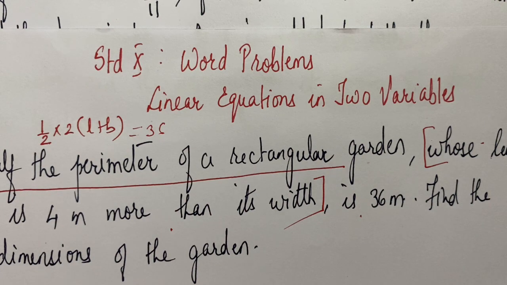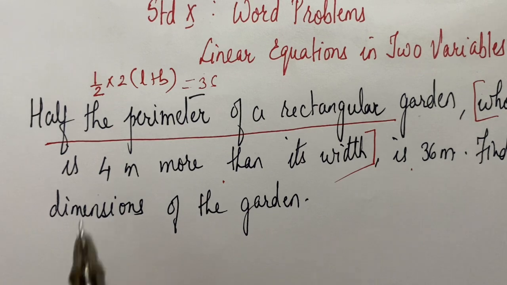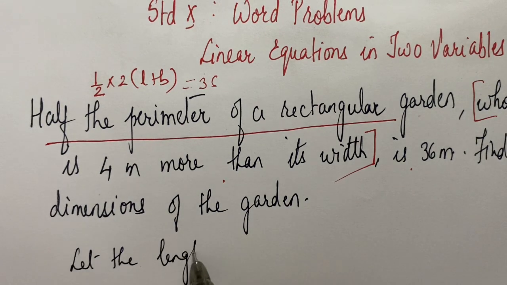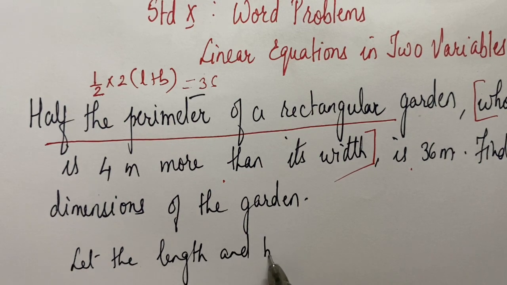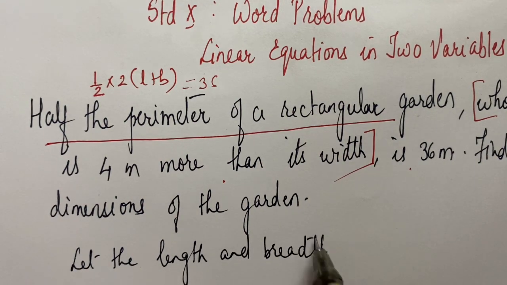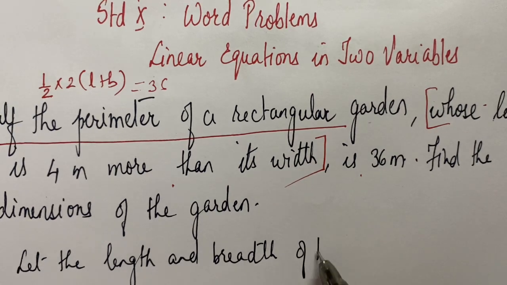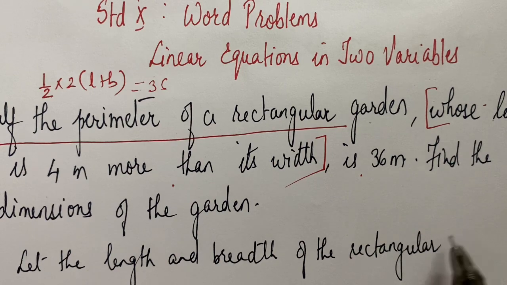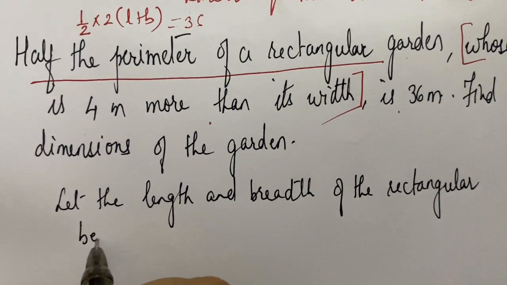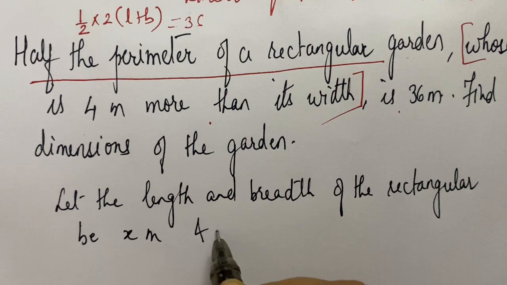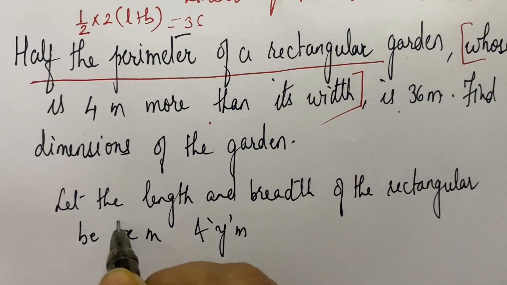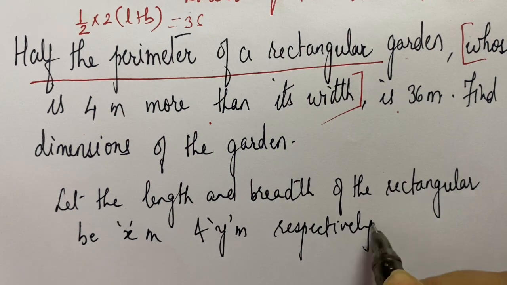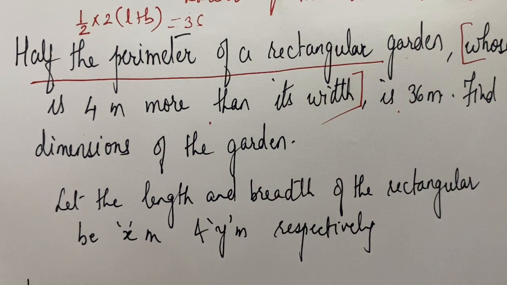So we begin as, let the length and breadth of the rectangular garden be x meter and y meter respectively. Okay. Now by first condition,